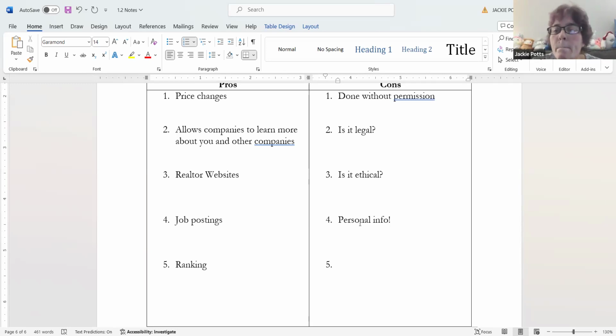Personal info. With the web scraping and everything else, we're putting more and more of our personal info out there. Ever look at something online, next thing you know, you've got 10 different recommendations coming in. Hey, why is that? How did they know you looked at something, let's say at Menards, and all of a sudden you're getting emails from Lowe's? Your personal info is out there and your search history is out there. And with those cookies,